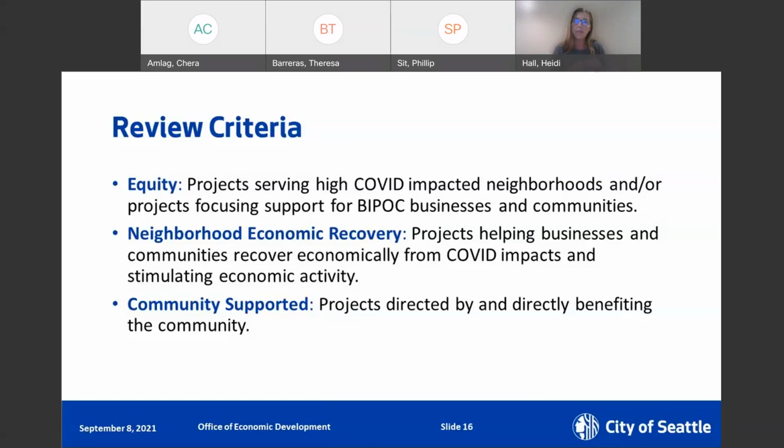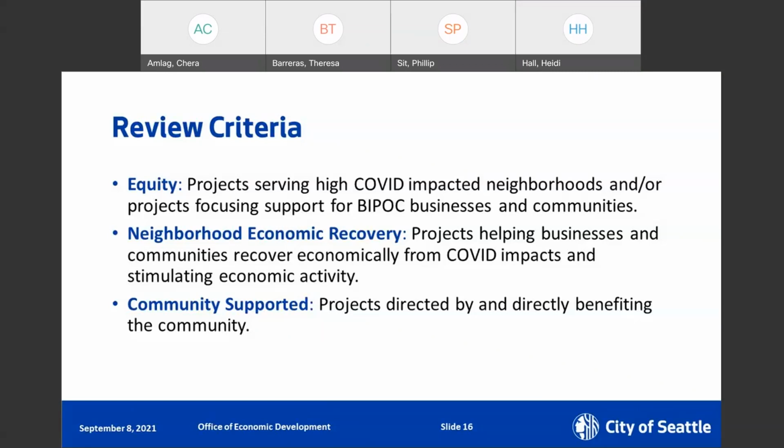Second is neighborhood economic recovery: projects helping businesses and communities recover economically from COVID impacts and stimulating economic activity. And then the third key criteria is community supported: projects directed by and directly benefiting the community.